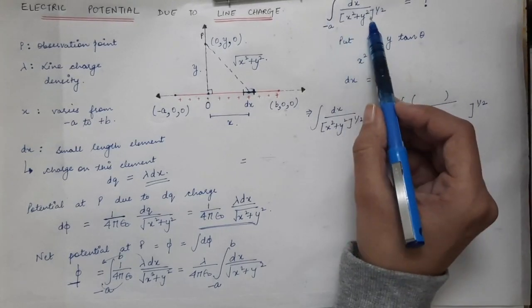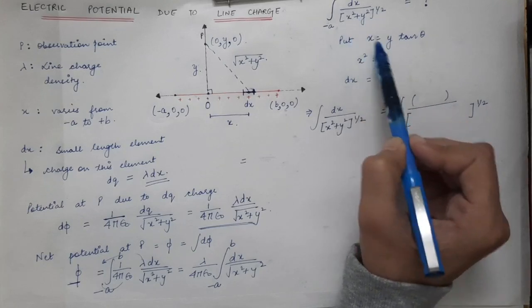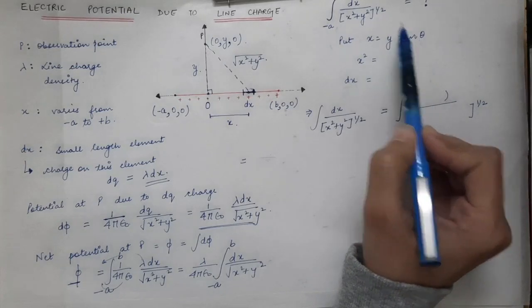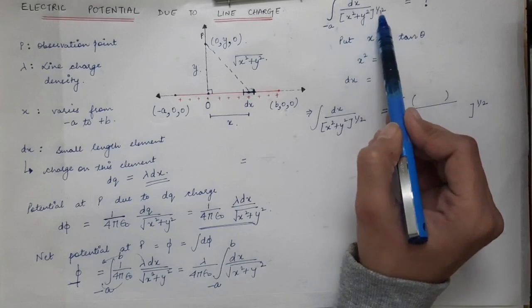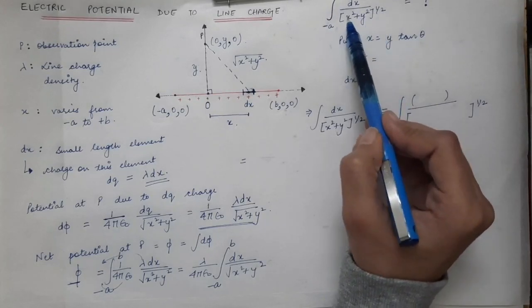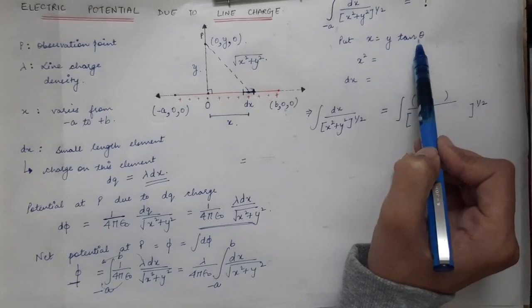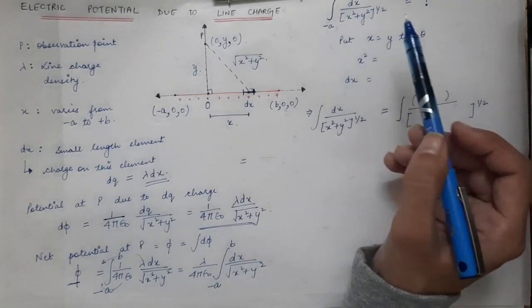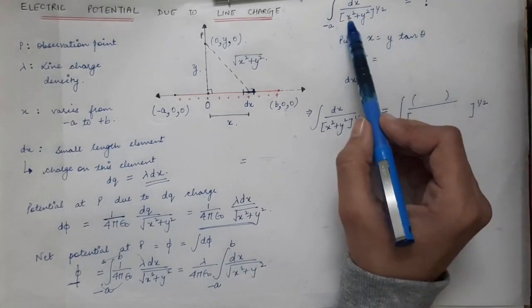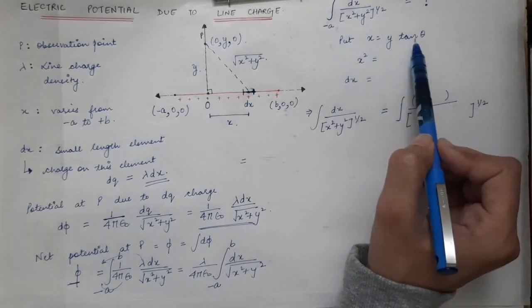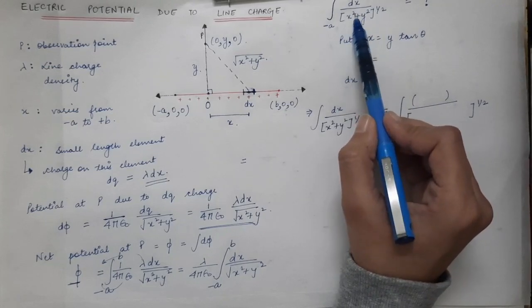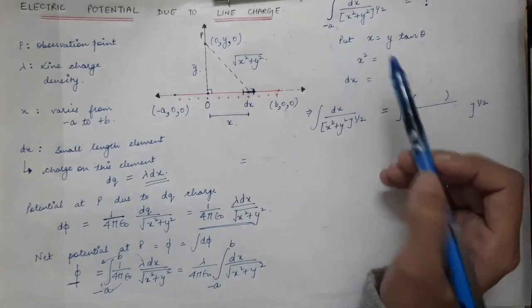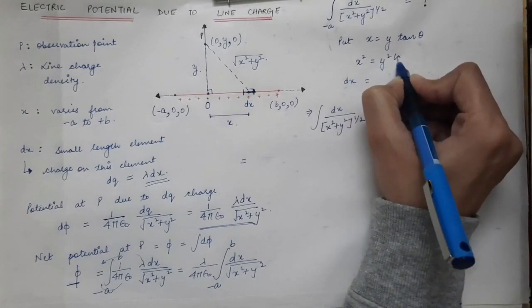So to solve this integral, first of all, we will suppose x is equal to y into tan theta. To solve such kind of integral where we have dx divided by x square plus y square power 1 by 2, we have to put x is equal to y into tan theta. This is how we solve the integrals. So first of all, we will put x is equal to y tan theta. In this particular integral we need dx as well as x square. So from here x square will be equal to y square into tan square theta,